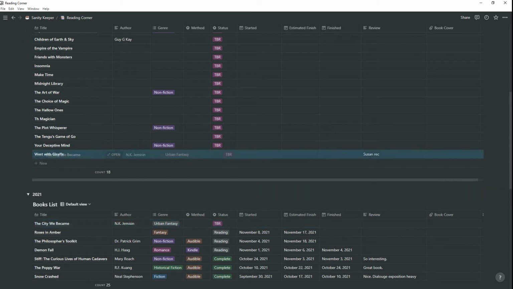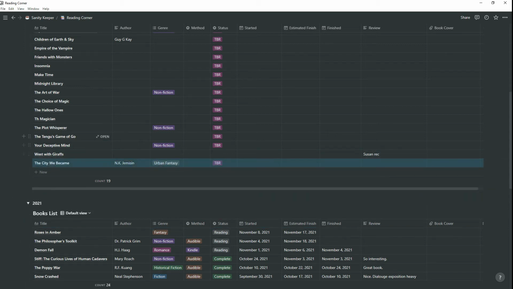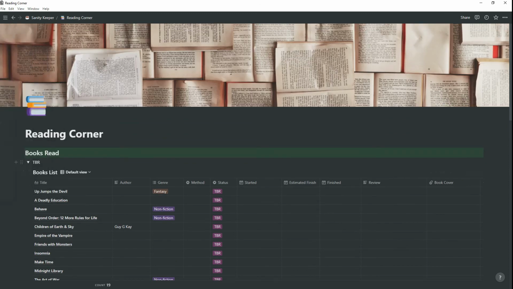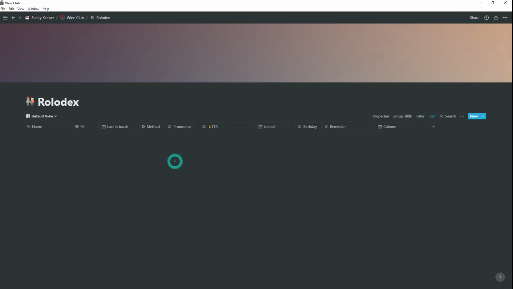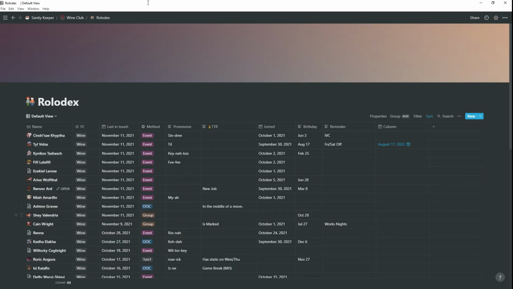But I am not ready to start reading this book yet because my book club has not started it yet. So I've got a Rolodex, and I would click on this, but it's got my family stuff in there, and as much as I love you guys, I don't want you guys to know my family name. So what we're going to do is we're going to look at the Rolodex for my gaming group instead. Because these are all fictional characters.